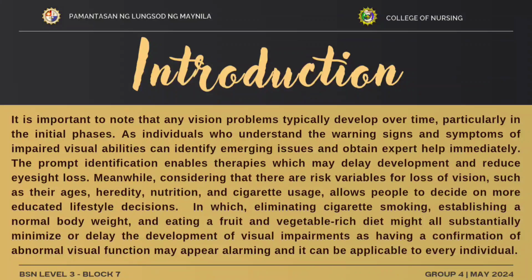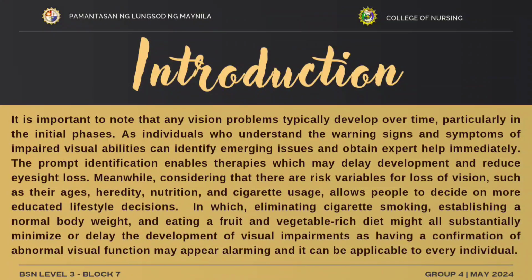So it is important for us to take note that vision problems may typically develop over time, particularly in the initial phases. Individuals who understand the warning signs and symptoms of impaired visual abilities can identify such emerging issues, or they may also obtain expert help immediately, whereas prompt identification may enable therapies that can delay the development and reduce the eyesight loss that can impair individuals. So we may consider such risk factors or variables for loss of vision such as age,